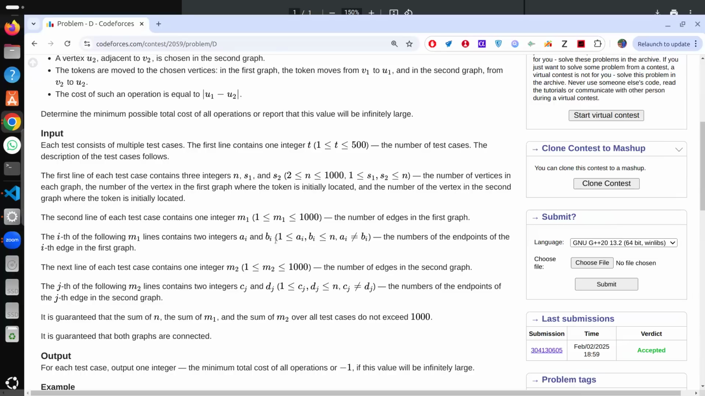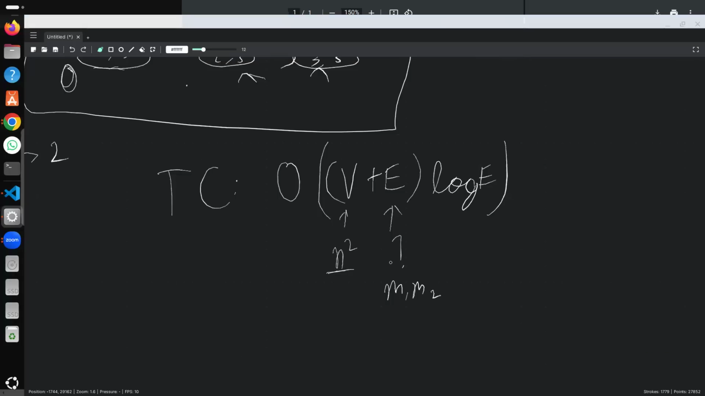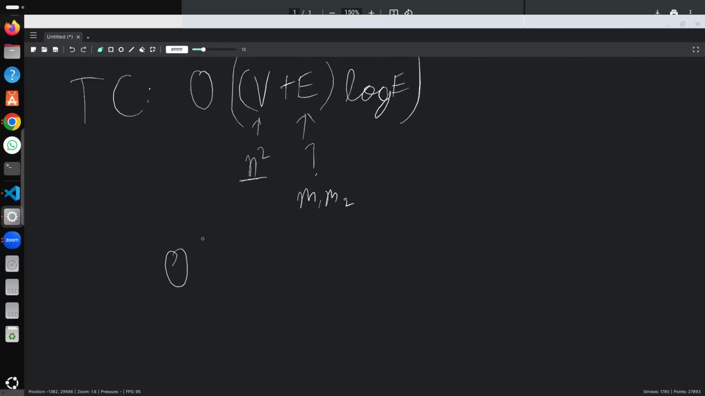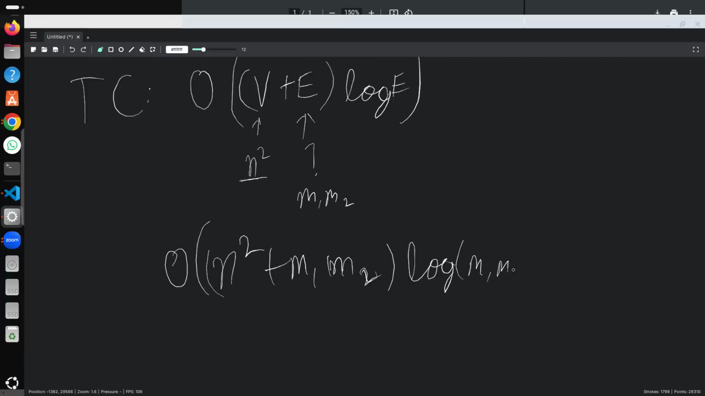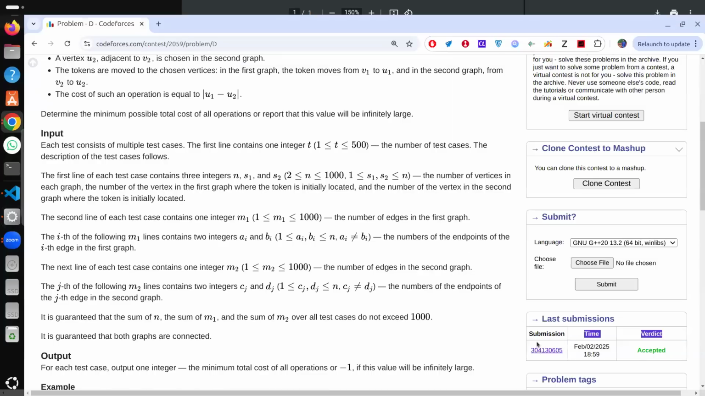Okay. So is it clear on the logic and why it doesn't get TLE? So finally the TC of this would be just O of n square plus m1 m2 log m1 m2, right? So if I could show the code,